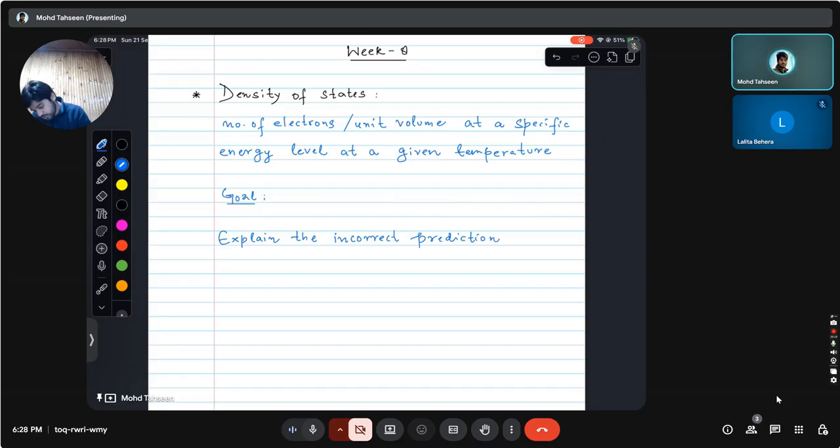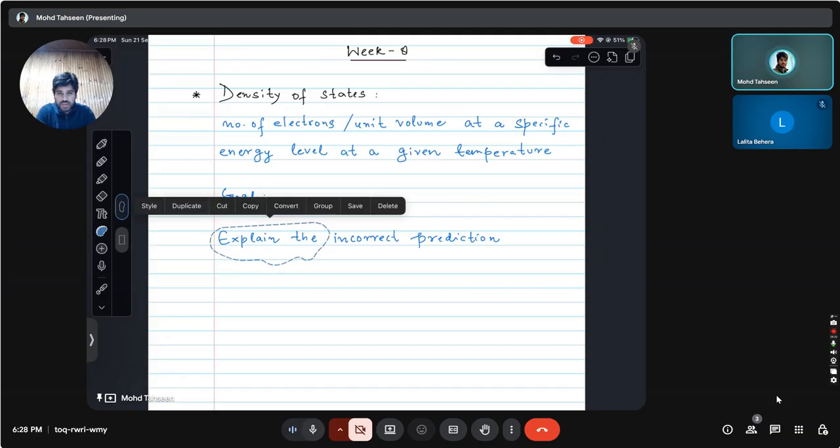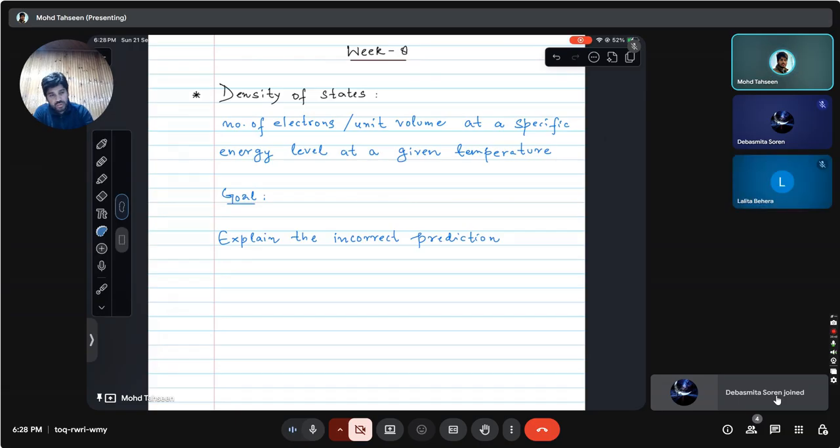No, actually, let's see, we have already explained why the predictions made by the Drude model are incorrect, because it predicts that all of the energy levels or all of the electrons will interact with the thermal field. So today what we want to do is explain